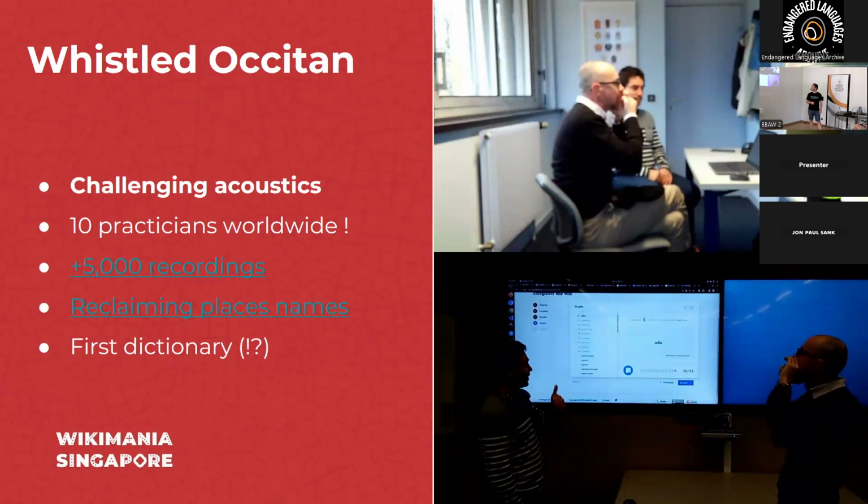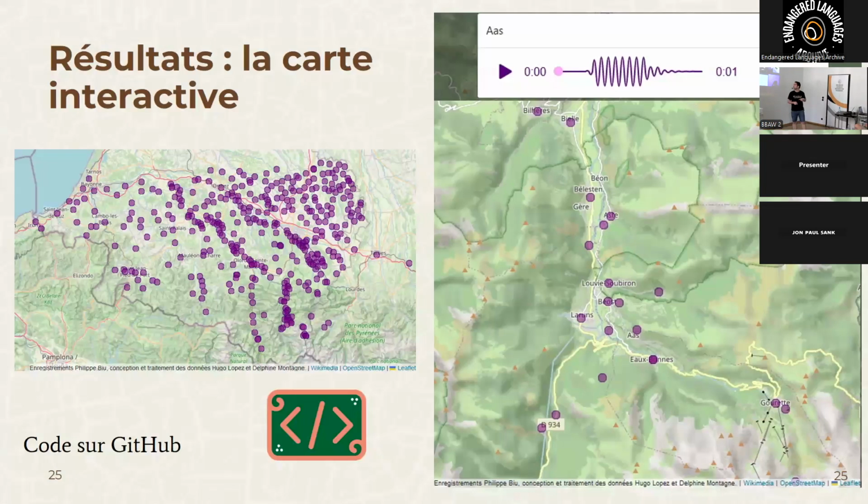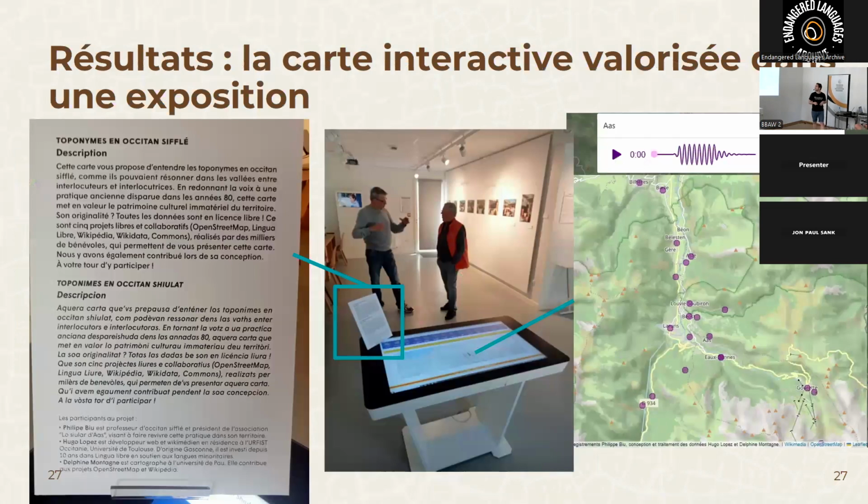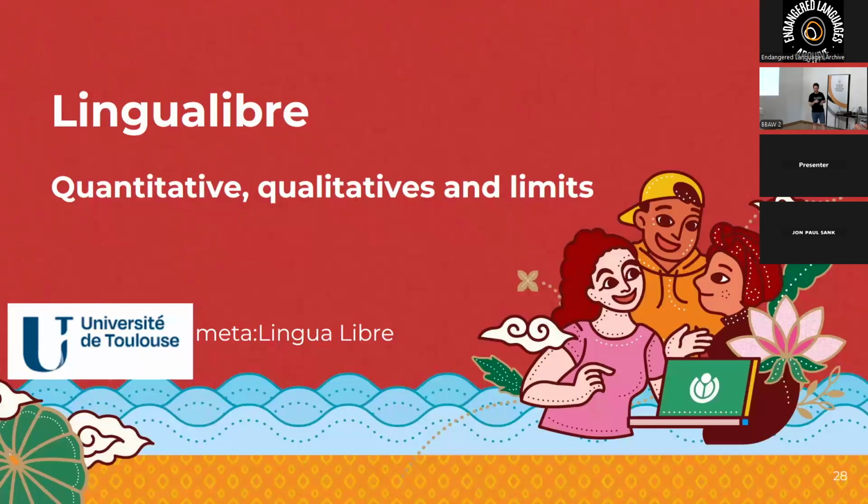We also have whistled Occitan. I work on this, that's my favorite project at the time, with maps to reclaim the territory, the land and the village names. Most of these village names now are French, while this is an Occitan area. So that doesn't make sense. And we have recordings for these names in whistled Occitan. And that involved a lot of open source data. We also have a live exhibit in Bayonne right now on this whistled Occitan, with a physical installation. And the map, you can interact with the map.